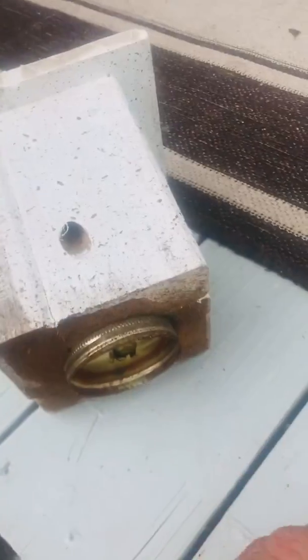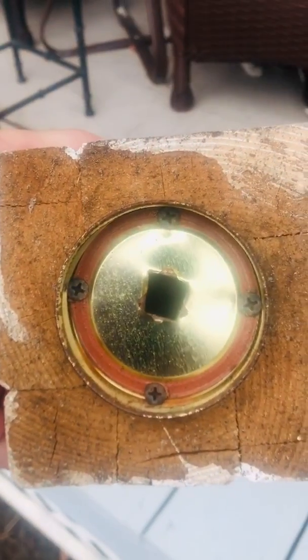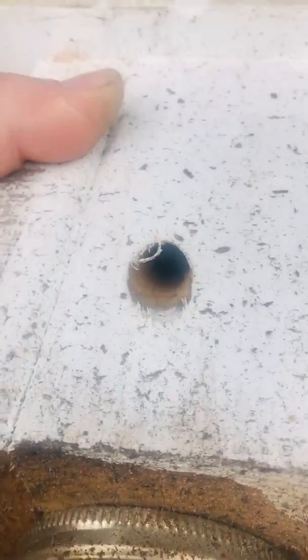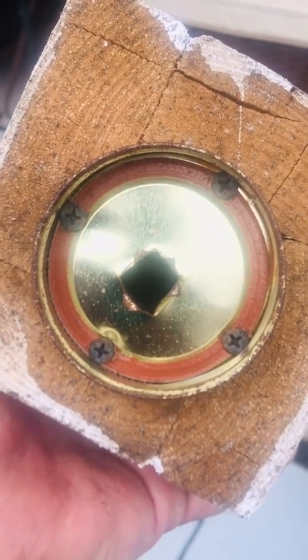So you just build this box. What I did was I used decking material, 4 pieces, and I screwed them together so there was a hollow spot in the middle. Then I drilled these holes on an angle going up, one on each side. And then you take a mason jar cap, you punch a hole in it, and then screw that onto the